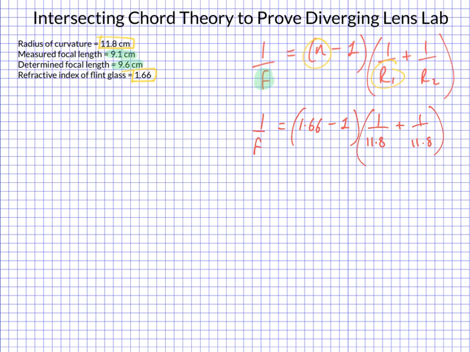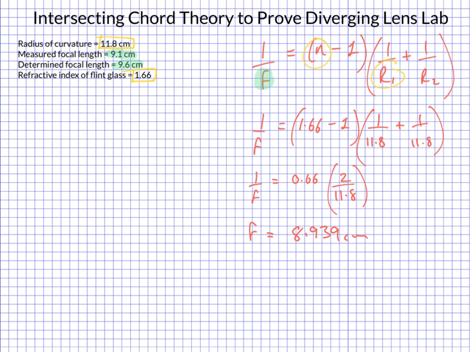Okay, there we go. Let's simplify this down. We're going to get 1 over f is equal to 0.66 multiplied by 2 over 11.8. And that's going to give us, if we plug all these numbers in, drum roll, here it is,